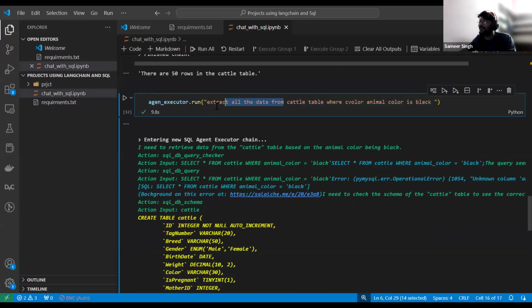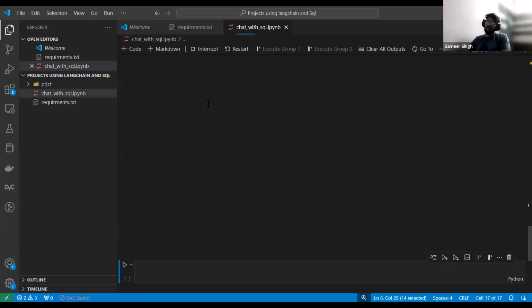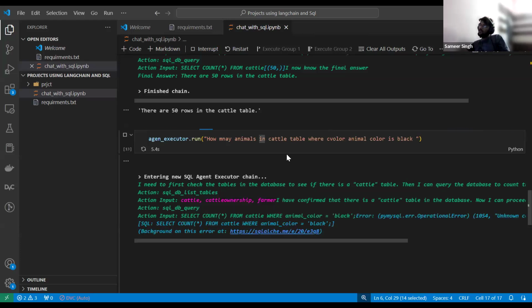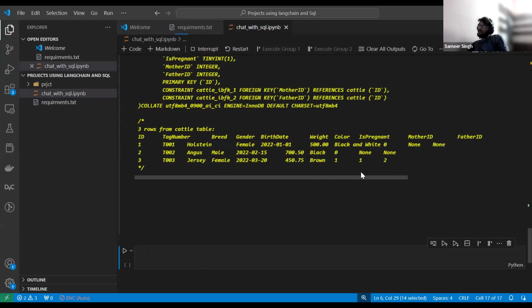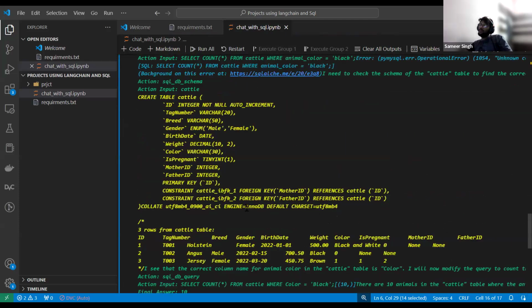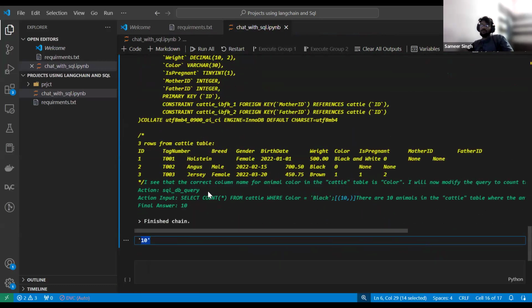So let's update the question. We asked the question in a wrong way. How many animals in the cattle table where color is black? Let's see. Now it has given us a total of 10. There are 10 animals, and it has written the query with respect to that.